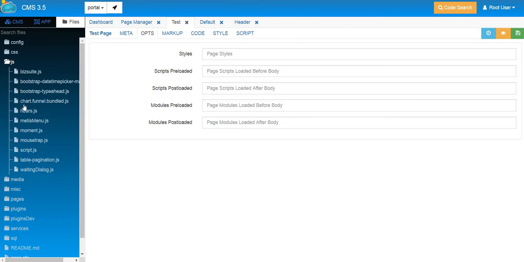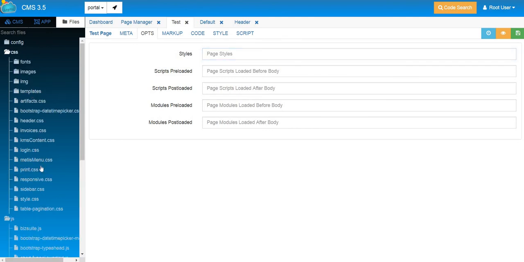Once you've created a file, if you want to call that file for this particular page, then you need to write its name over here. Let's assume we need to call this print.css file only for this page. So we are going to write the name as print. So whenever this page is getting loaded, this style will also get loaded with it.